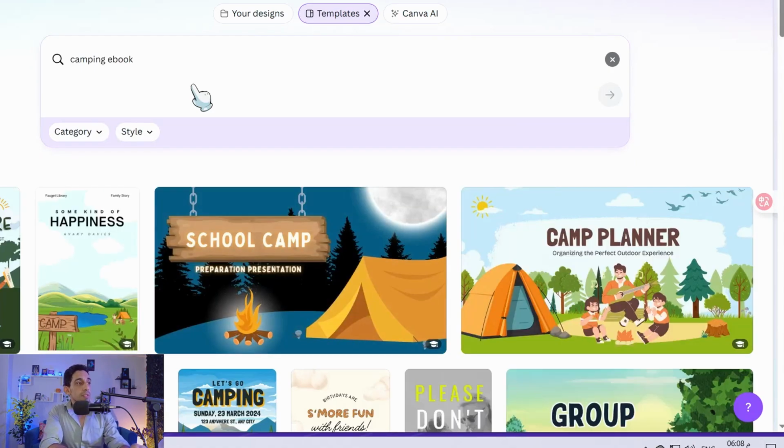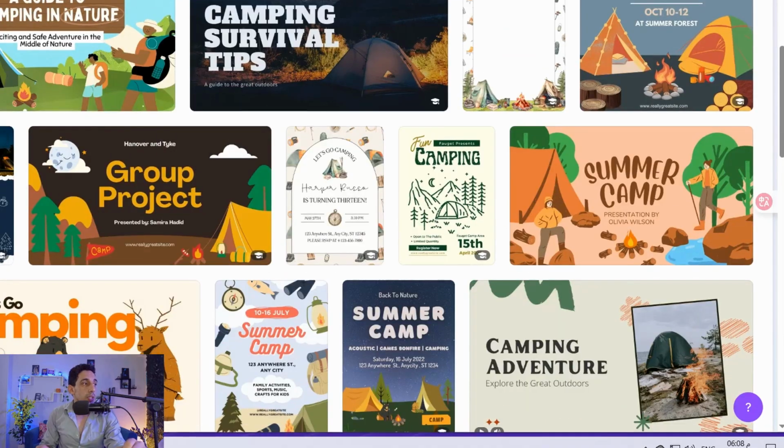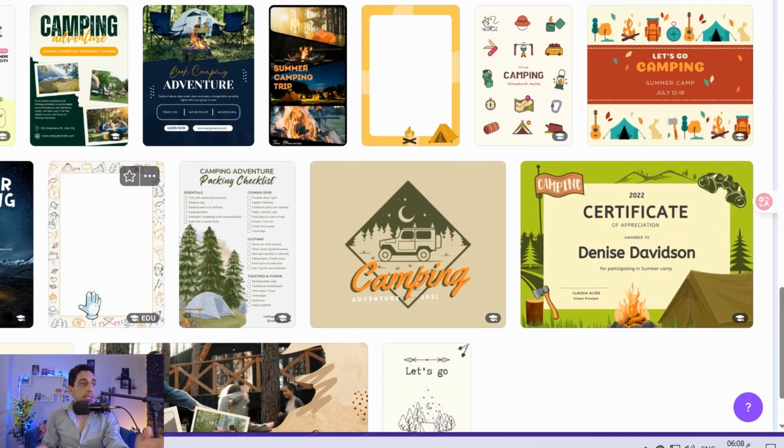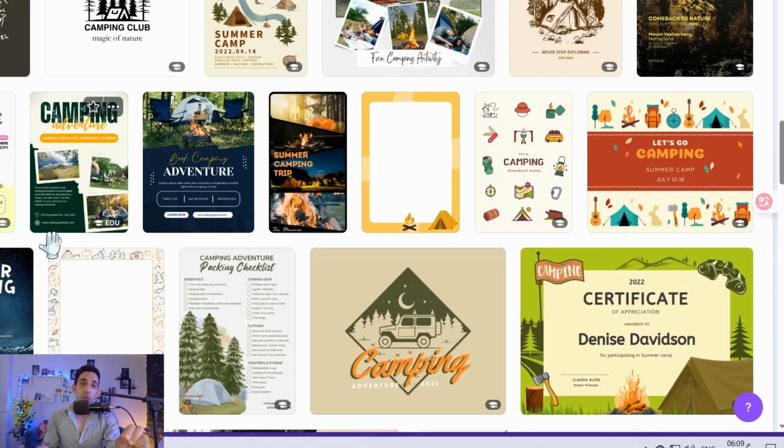And then you can search for different amazing templates here regarding your niche and your topic as you observe. And for sure you can go for these ones. You can customize them, fonts, colors, and so on. Copy paste from ChatGPT or from your own experience as you want, as you like. Then you can find your ebook ready to go on different websites like Gumroad, Amazon, and so on.